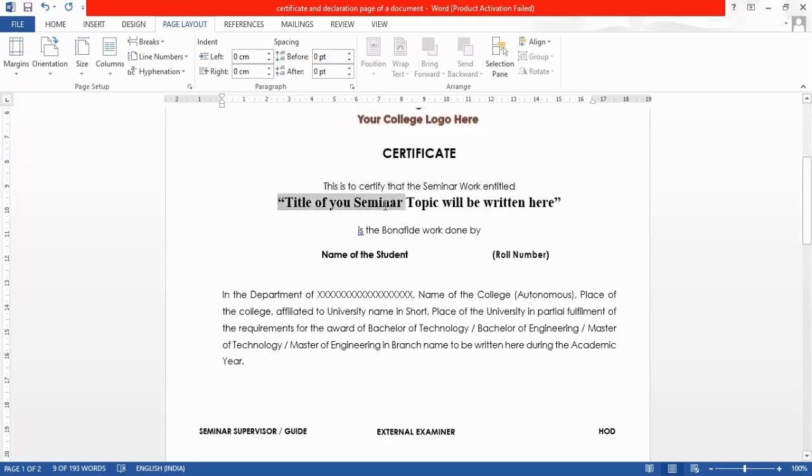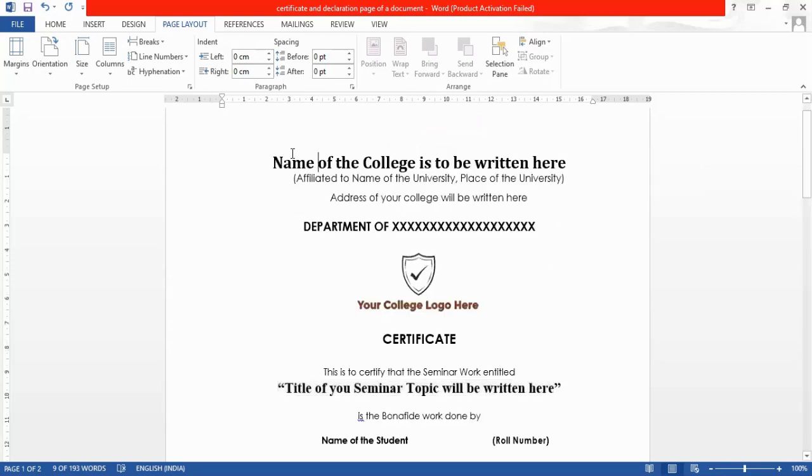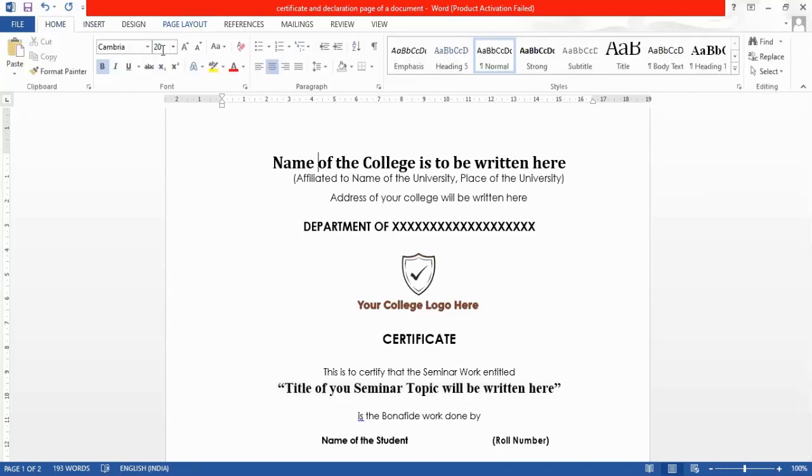You have to write the title of the seminar topic here, and when you compare the font size with the name of the college, initially the name of the college is 20 points of size. Now the title of the seminar is 17 points. So now I need to maintain either 16 or 18, but not 17. So I'm going to maintain 16 for this title of your seminar.